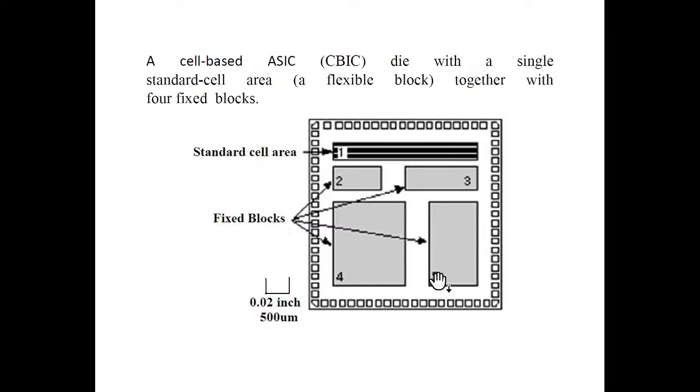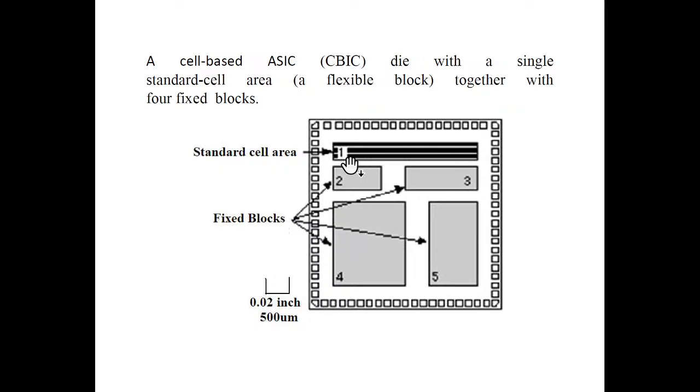Suppose he wants a different type of fixed block. If he wants some other type of logic cells, first he calls that particular cell from the cell library, and by using a combination of those different types of cells, he implements the next fixed block. So this one is the space that is allocated for the standard cells, and this one is all about the fixed blocks. By using these logic cells, or a combination of these logic cells, the designer implements their own fixed block.